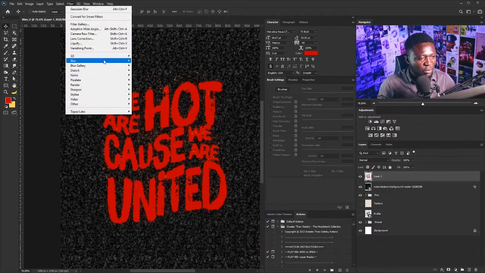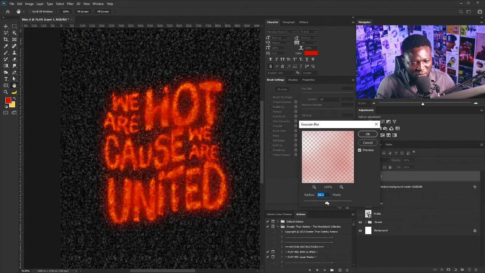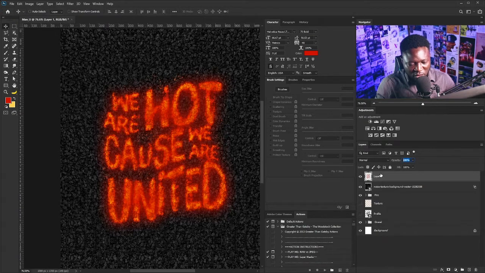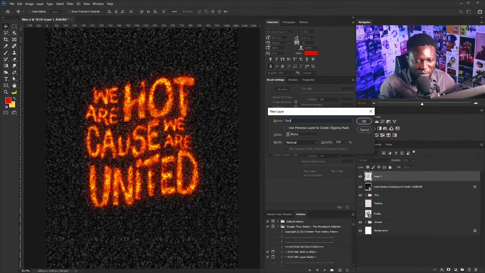I'll go to filter, blur, and I'll select Gaussian blur, and this time I'm going to push this up to about this point just to have that hot feel on it. All right, and I'll hit OK. I'm going to change the opacity to 51. I'll change the blend mode to overlay. I'm going to create a new layer, hit enter,